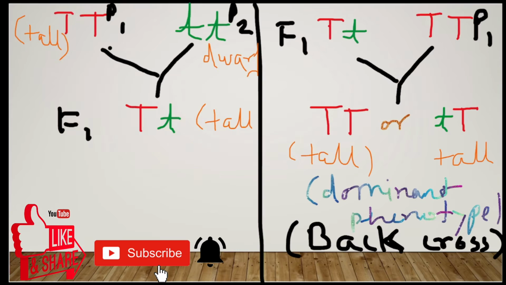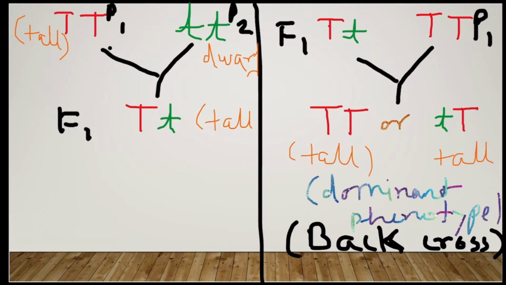Let's see by this example. Here in the first half of the slide, I am telling you that P1 means parent 1, P2 means parent 2, homozygous tall, two capital T, and homozygous dwarf, two small t. When we are crossing, we found F1 plants which are heterozygous. We can see this is heterozygous, but when we are doing the experiments in the field, we cannot tell it is heterozygous. We only see that the plant is tall, but we cannot tell that it is heterozygous.